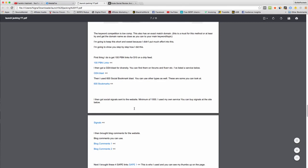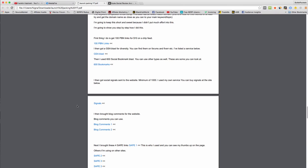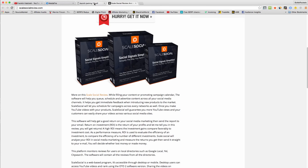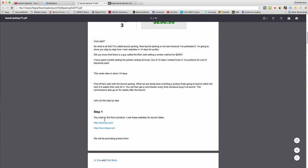GSA blast. And this is a churn and burn method. Your website might last 2 months, 3 months. It's probably going to last about 2 or 3 months, or it might even last a year. Who knows? So what I'm doing is I'm churning websites. I'm making cheap websites with keyword-rich URLs. I'm finding products on these sites here. So Warrior JV, and I'm simply